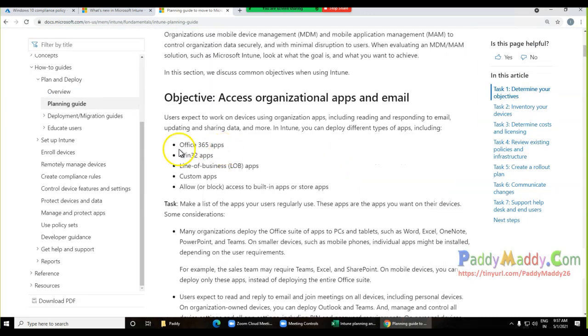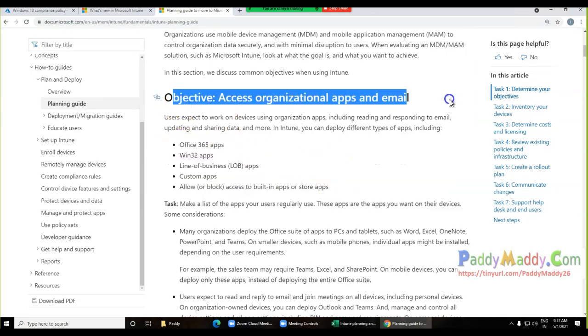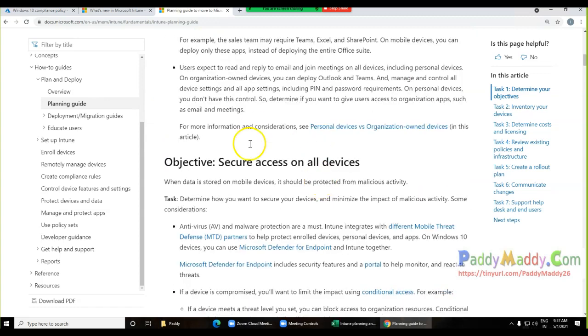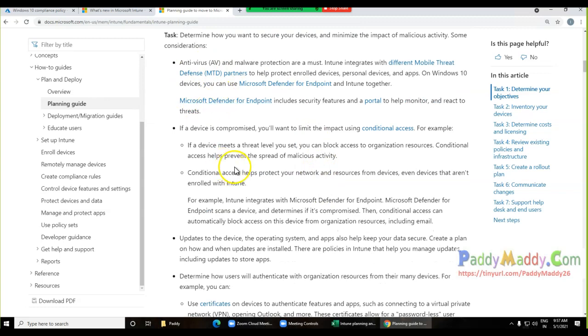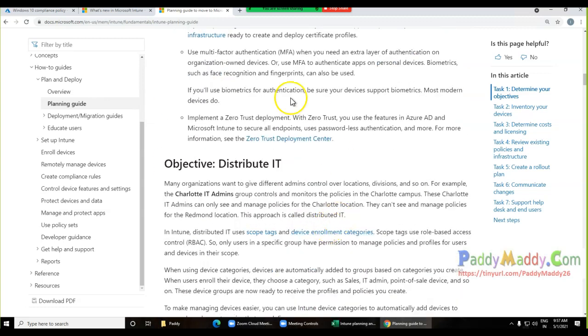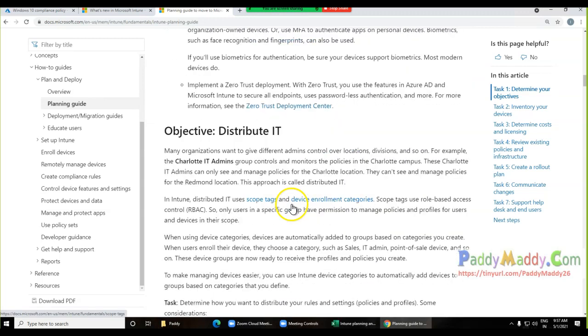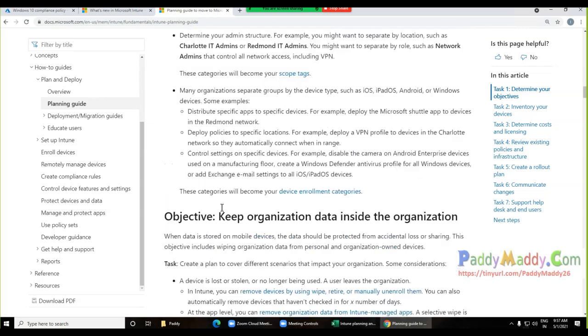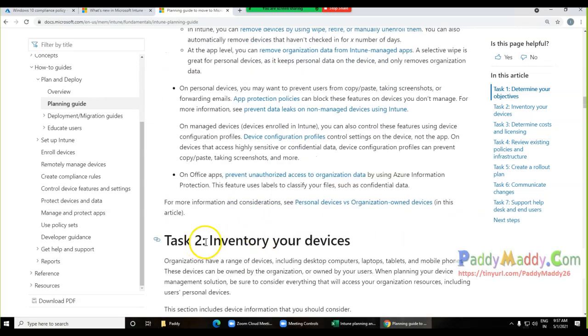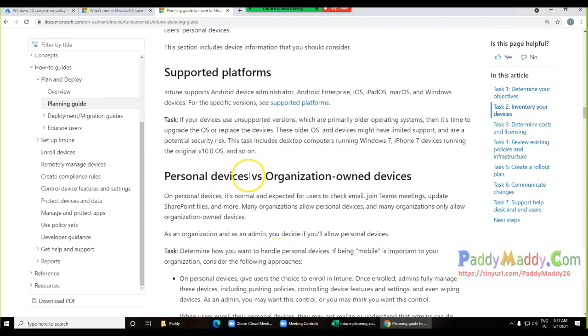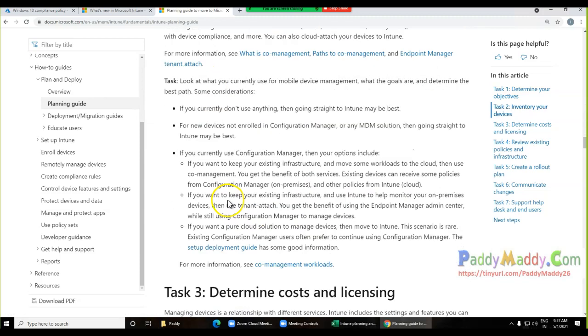If you look here, what applications and email settings you want to block, how you're going to secure your devices with antivirus and some kind of policies, just go through this document. There's a company he has taken as an example, a Charlotte IT admins kind of company. Then you have to take the inventory of devices, task 2, task 3 kind of thing,